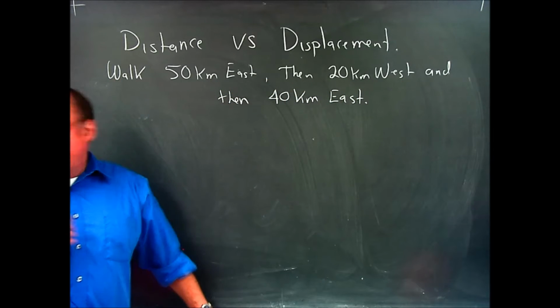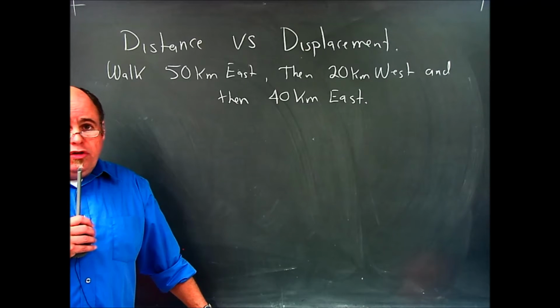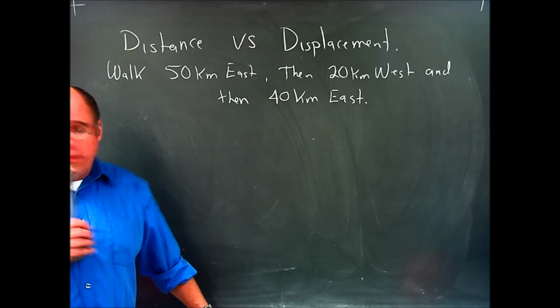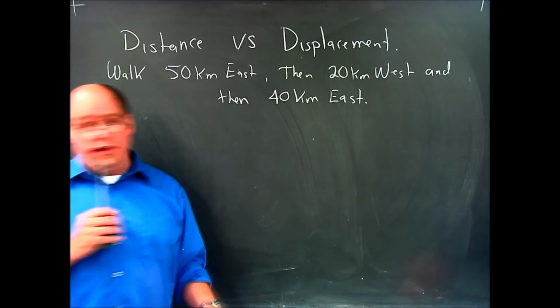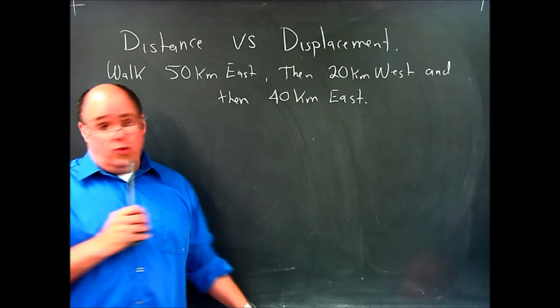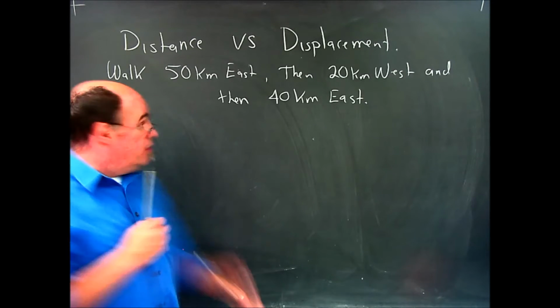So here's a quick example to show you the difference between a distance and a displacement. Somebody is on a straight street. The street is pointing between the east and the west. So if I draw the street here,